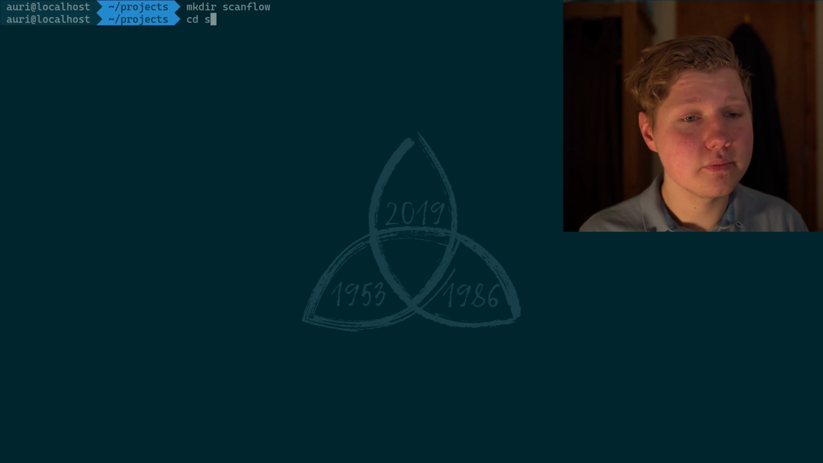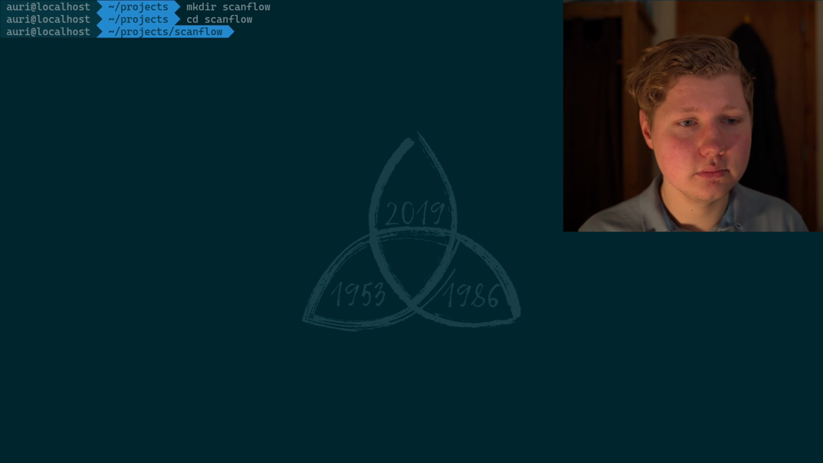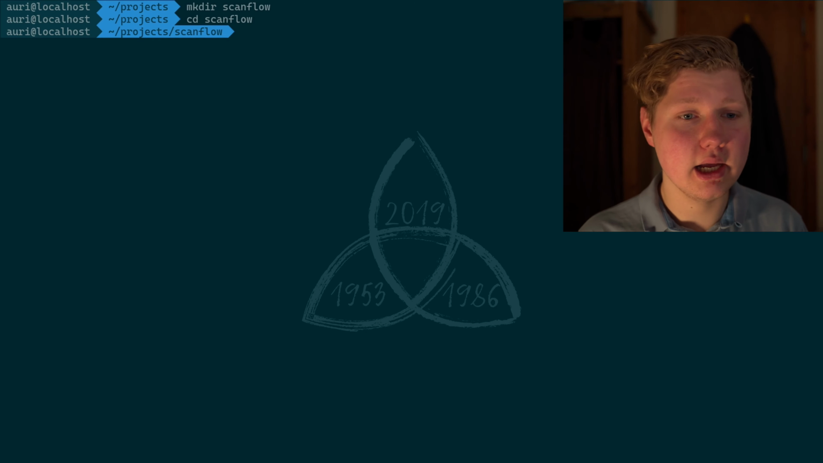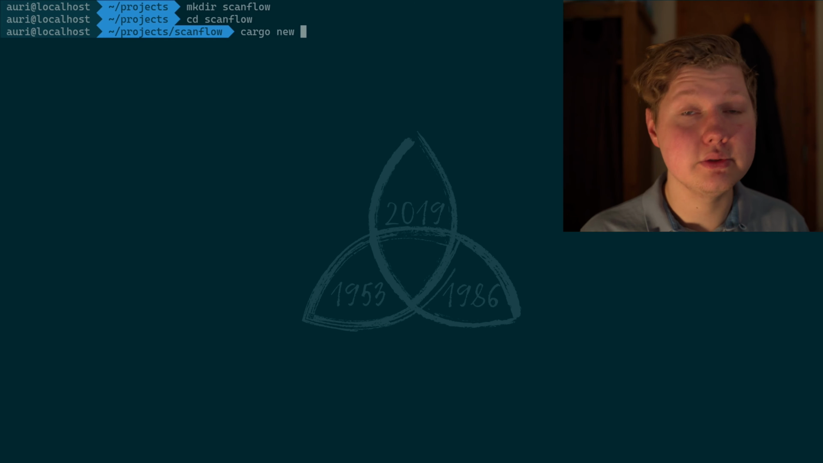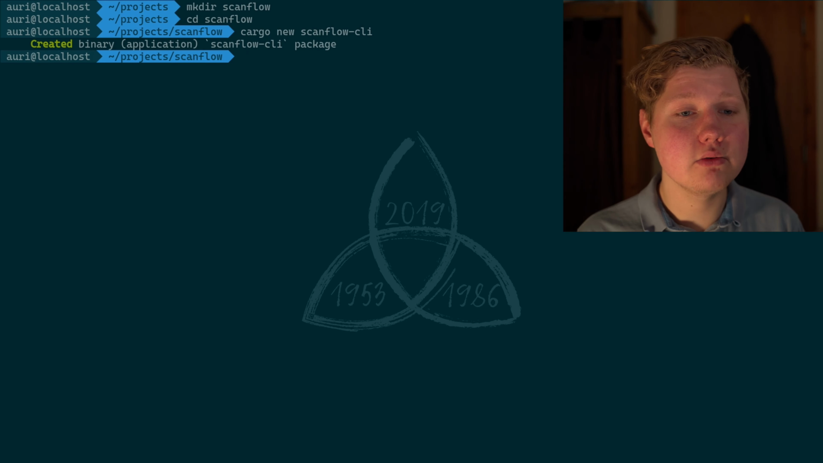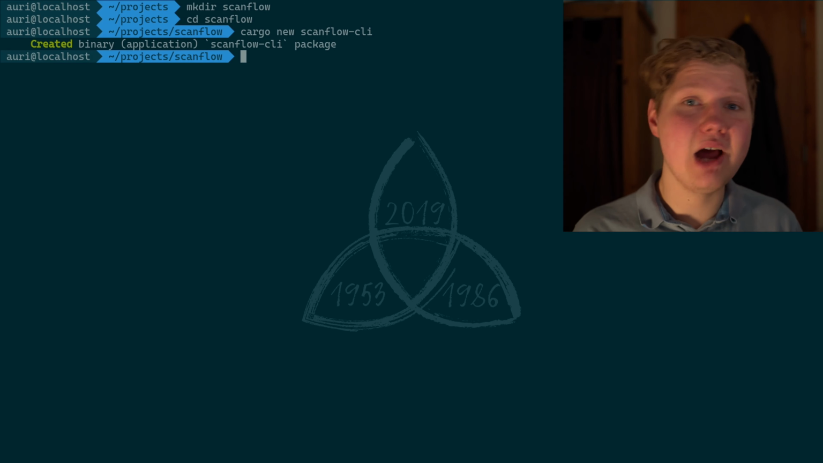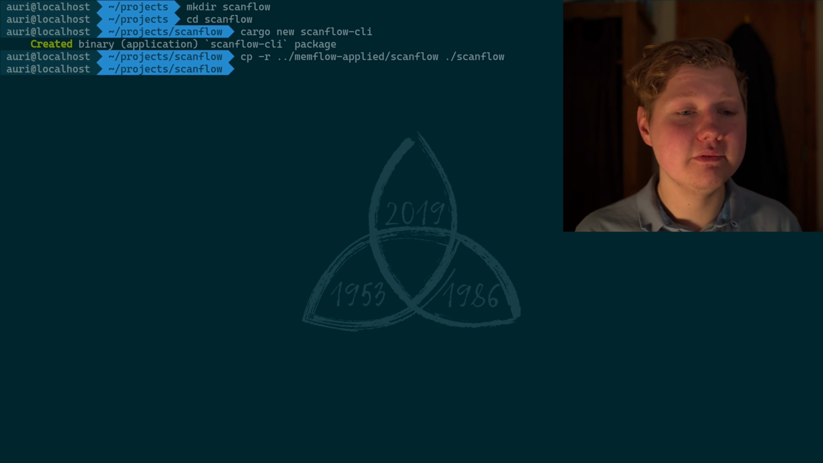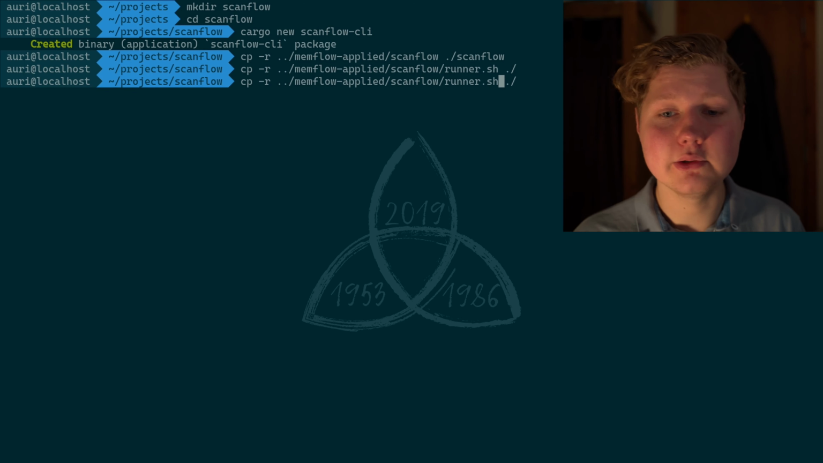To do that, we will create a new directory, and it will be a scanflow directory. And now we will create 2 projects. One will be a cargo new scanflow-cli, and the other one is going to be, well, our old scanflow library. So we will just copy, that is scanflow, and we also need the runner scripts. Runner, scanflow set perms,